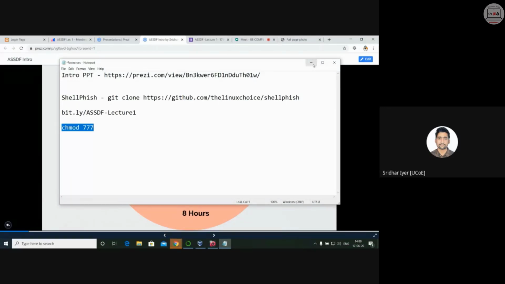If I put the value 7, it simply means read, write, as well as execute. Right? So R, W, and X. These are the three variables: read, write, and execute. So if I put 777, 7 simply means the maximum privilege. So if I give any file read, write, as well as execute permissions, it has to be chmod 777.